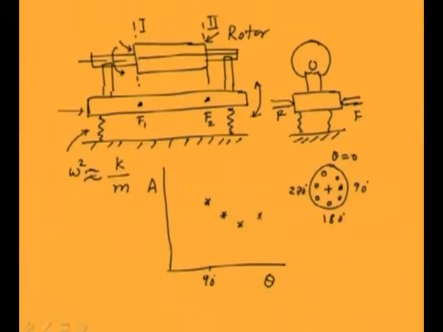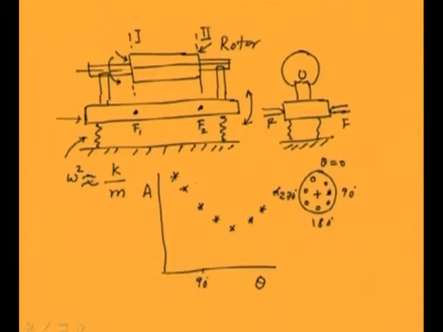So we change that same trial mass to various locations and measure the amplitude of vibrations, and you can see from this, this is the angular position of the trial mass, and this is the amplitude of vibration. The minimum amplitude is taking place corresponding to some angle, this one. Let us say this is theta C. So this is the angle at which we need to put the correction mass. So at this place we need to put the correction mass.